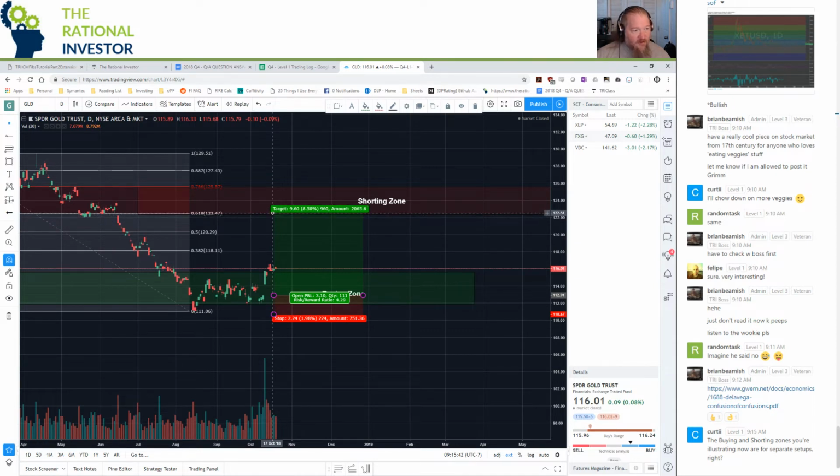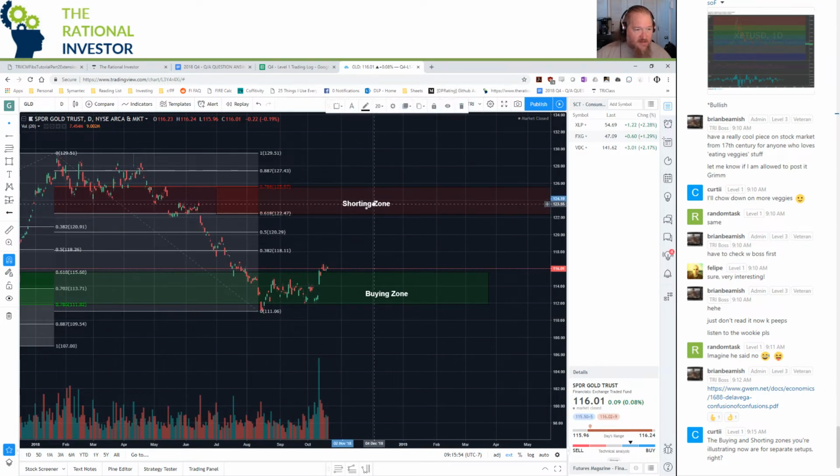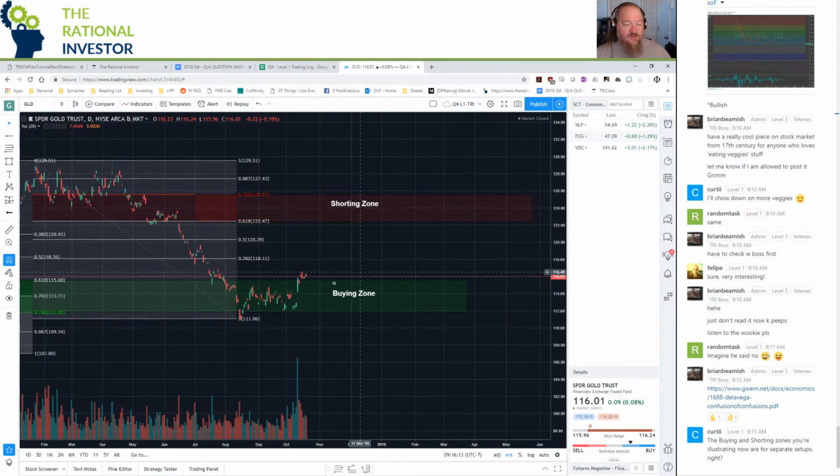Sometimes things will look good enough. In this case, might be one of those. If you get in, you have a nice gap up here, you might look into taking profits in this shorting zone. But the main thing you're looking at this level for, this reload zone for, is, so say you got into a trade, you got out of it here, and price continues up. That's perfectly fine. This is where you'd be looking for an M to do a short on it, right? Yeah, that's right, Curtis, or Curdy. I don't know if your name's Curtis or not, but that's exactly what I'm describing. Is this is more of a shorting zone than it is a